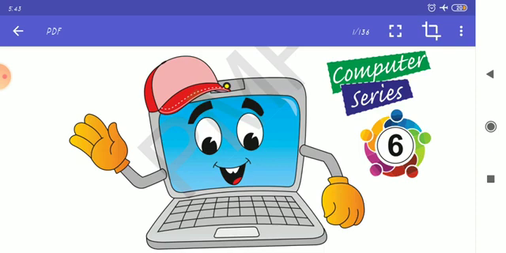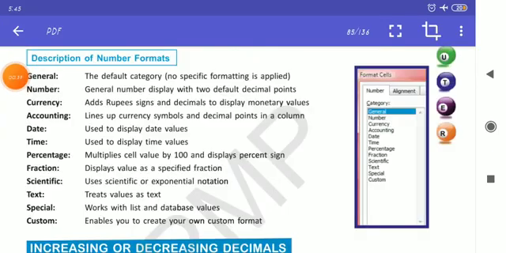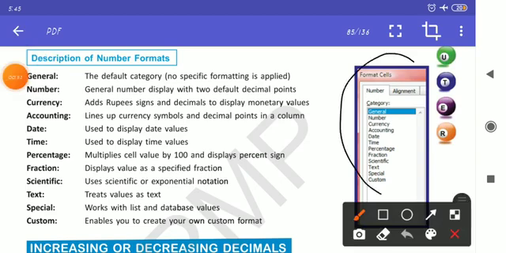So coming to the textbook, description of number formats. Here, as you can see, there are different formats given and their descriptions. Like General: the default category, no specific formatting is applied.